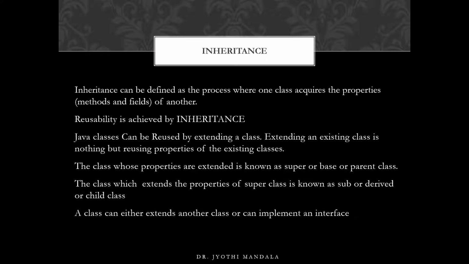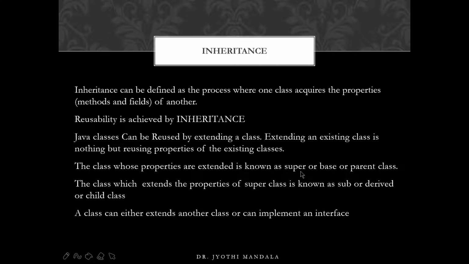Before going to learn about single inheritance, let me quickly revise the concept of inheritance. Normally, inheritance is used to achieve reusability. That means if something is already designed by one class, then instead of designing the same class, we can just acquire those properties by using the extends keyword or the implements keyword. If you are extending a class, we need to use the extends keyword. But if you are getting the properties of an interface, then you need to use the implements keyword. We are not learning about interfaces as of now. We are learning about how the extends keyword can be used.